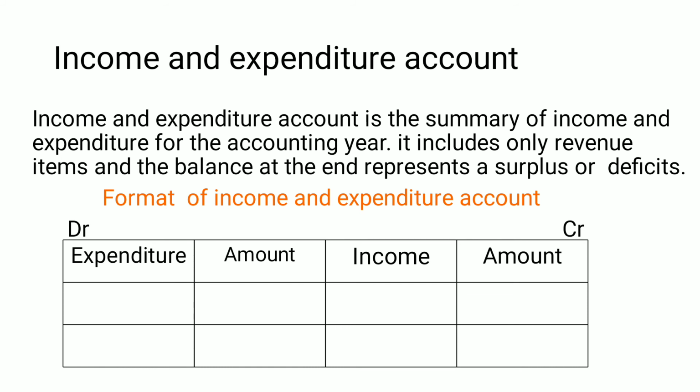And also, non-cash expenses like prepaid expenses, outstanding expenses or depreciation are not recorded in the receipt and payment account, but in the income and expenditure account they are recorded. Remember, in the receipt and payment account these non-cash expenses are not recorded. If we prepare income and expenditure, it is recorded, because we need to find out the actual result of that not-for-profit organization. Okay, this is about the income and expenditure account.